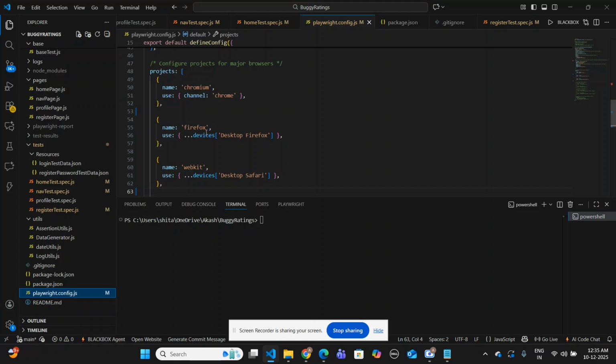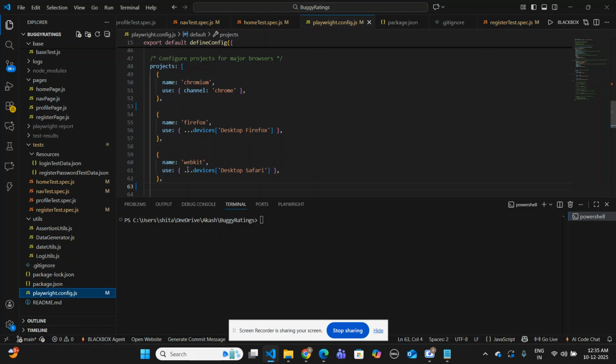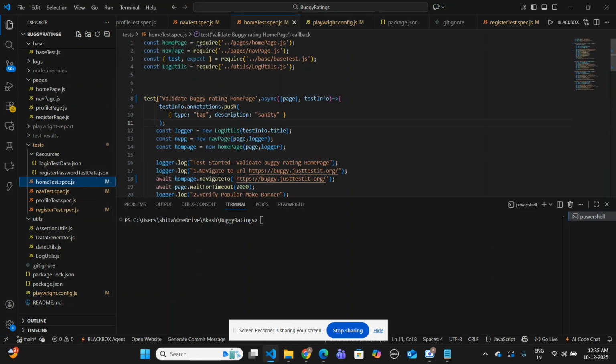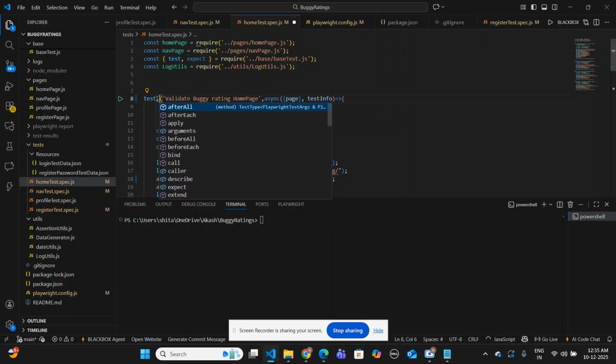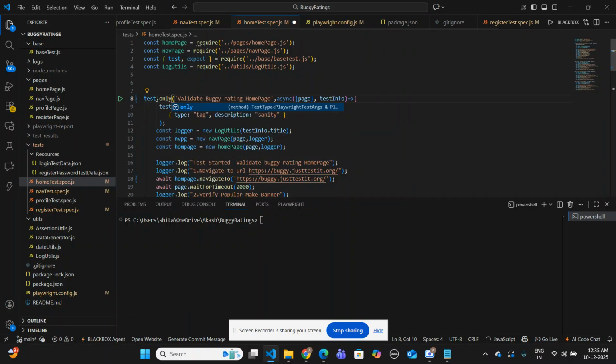For Chromium, we have added Chromium, for Firefox, we have added Firefox, and for Safari, I've added WebKit. So if we configure all these parameters, and I want to run this first test on the homepage on all three browsers,